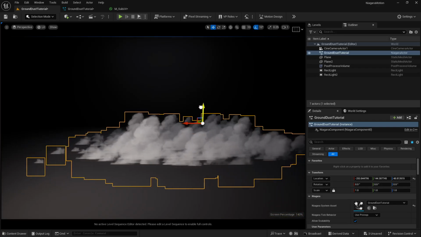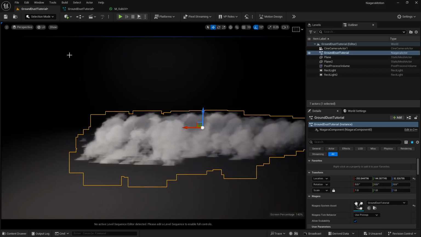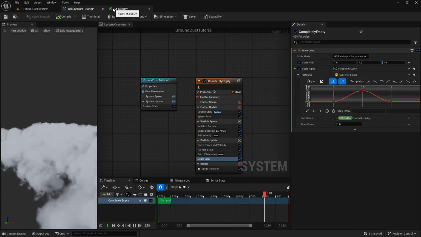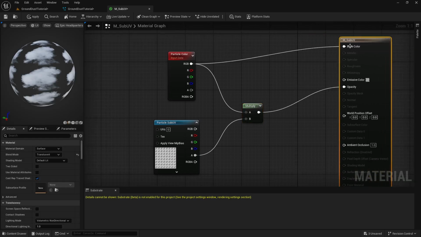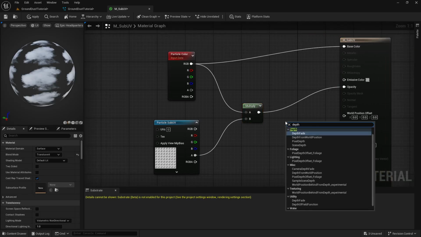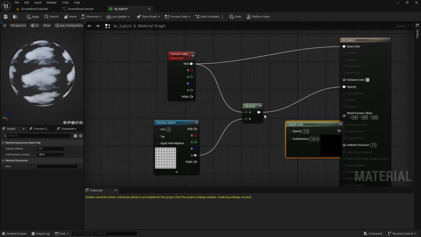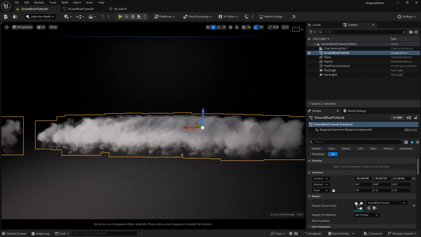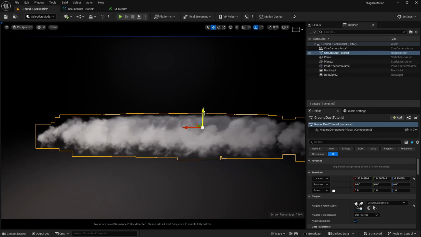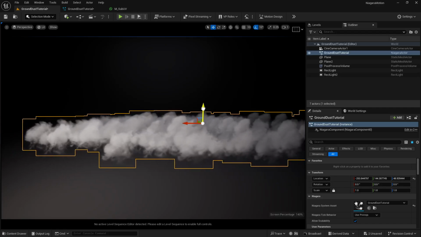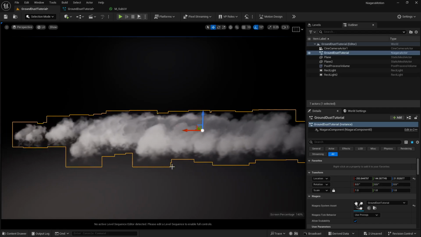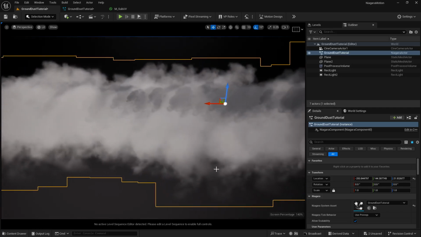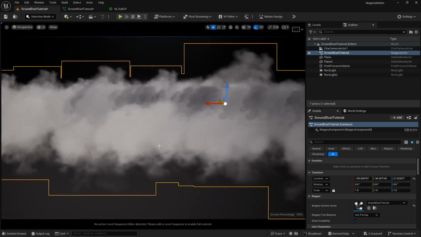You need to basically add a depth fade here. So in the material, just go here and search for depth fade in the opacity. Okay, and just connect this to opacity here and just connect this to opacity here. And if I save it here and now if I check, now you can see they are basically beautifully colliding with my ground here, and they are not getting those weird artifacts of the collision. So this is looking nice.